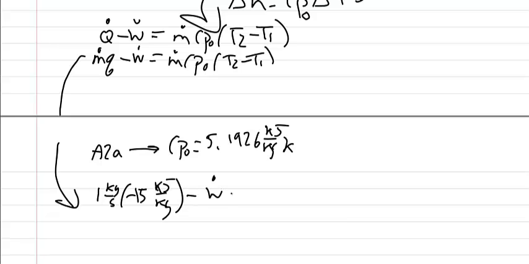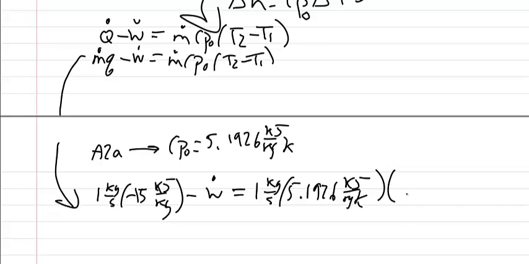We subtract from this the power, our unknown. This equals the mass flow rate, 1 kilogram per second, times Cp, 5.1926 kilojoules per kilogram per degree K, and then multiplied by the temperature difference. So this would be 460 minus 295. Now, those data are both given in Kelvin. It doesn't even matter. Even if they were given in Celsius, the temperature difference in Kelvin and Celsius are the same. Nonetheless, you can see we only have a single unknown. If we go through the mathematics, we find that W dot is minus 872